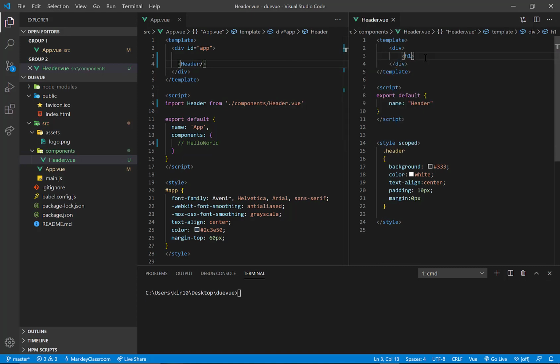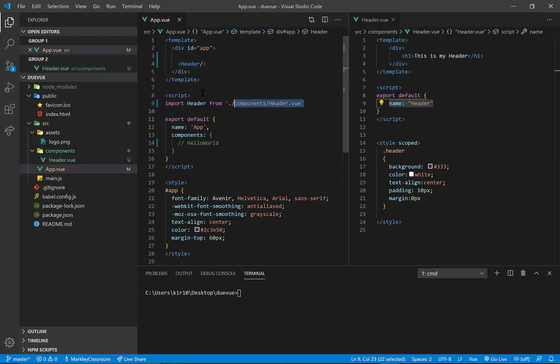H1. This is my header. And then we'll end that H1. There we go. So let's just verify what we've done. We've created a template. The template's returning a single element, and in that single root element we have an H1 tag. I'm exporting this template so it's available to whoever wants to utilize it, and I've given it a name of header, which is the name that ultimately whoever imports it can use